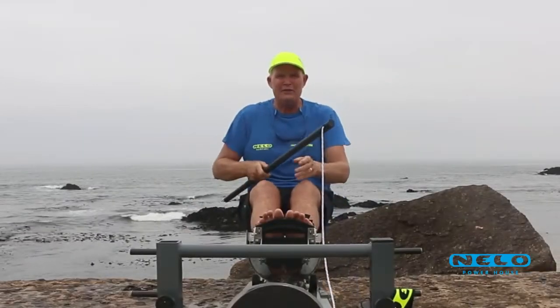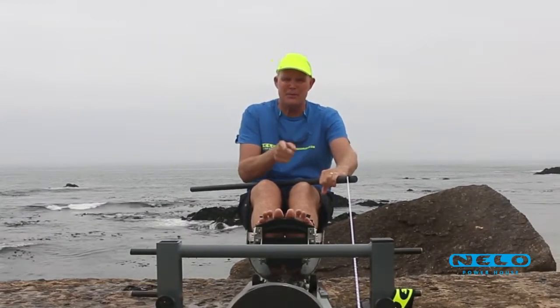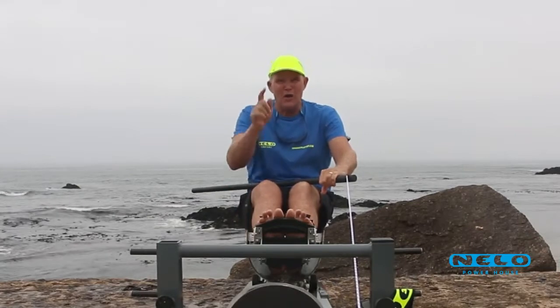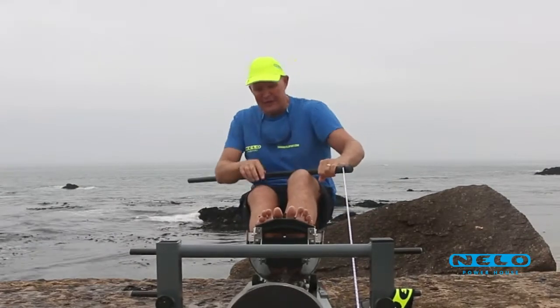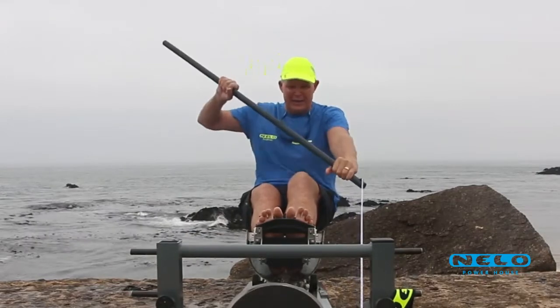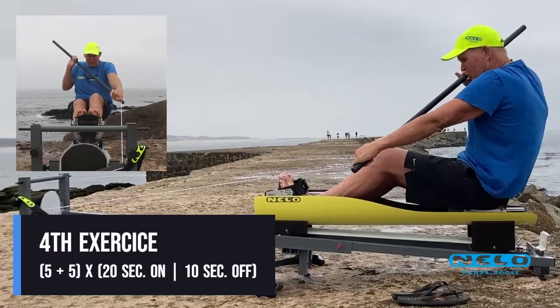That's leg drive. Leg drive is very important to understand that we want to actually push this boat forward, and we don't want to push back. So it's the same thing. Now we're focusing on my leg drive. I'm focusing on my legs. I put it there, and all I'm doing, again, watch how straight my arm is, and all I'm doing is